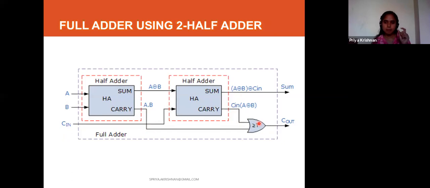So you want to implement a full adder circuit. Full adder will have three inputs, A, B, C in, and two outputs, sum and carry. These are the two outputs. But you don't have any logic gates. You have two half adder blocks. Yes, you can do that. With the help of two half adder blocks, you can put one after the other and add only one OR gate on the output side. So you can design a full adder circuit. So always full adder will add 3 bits.